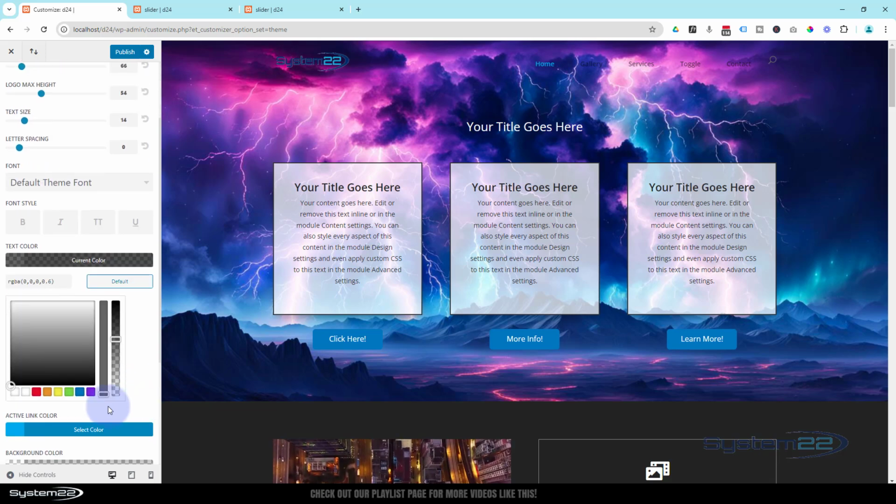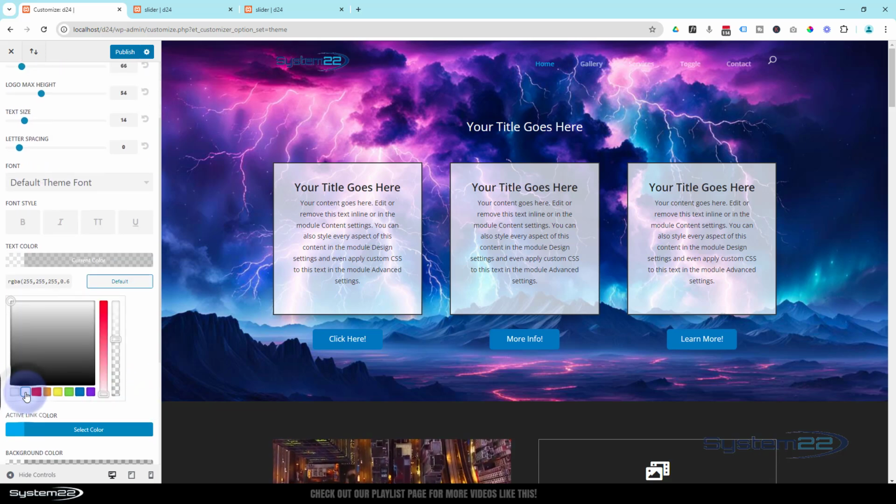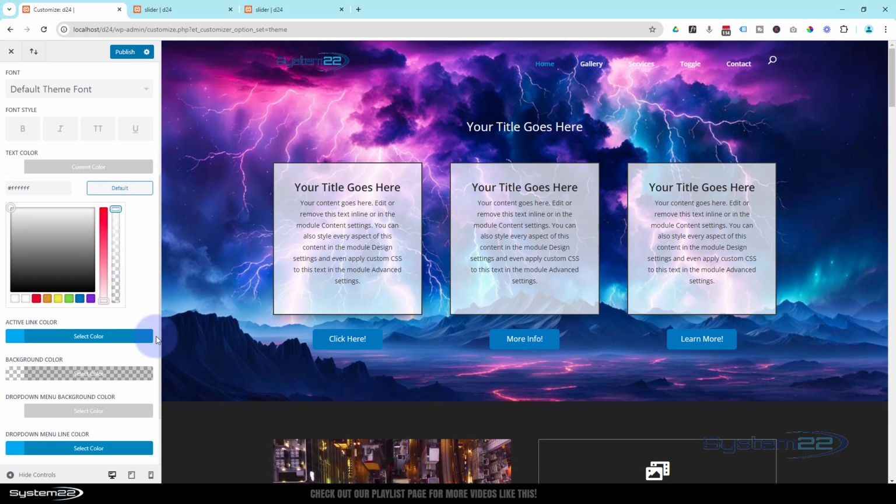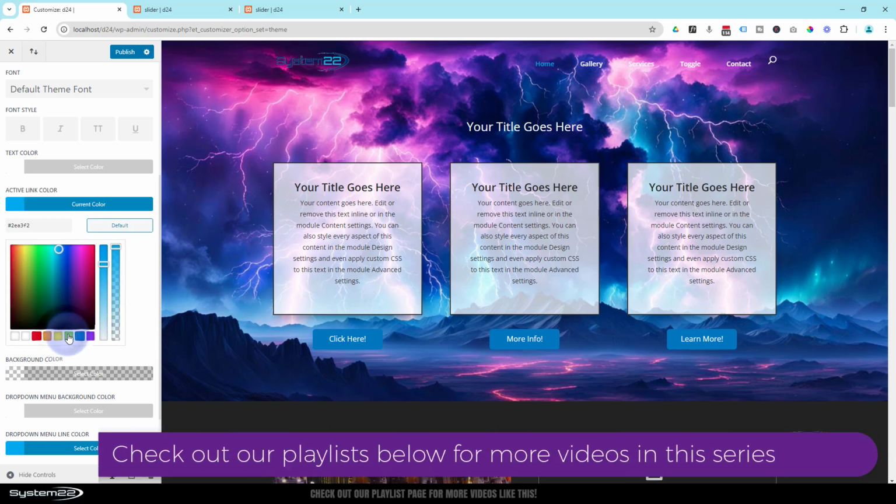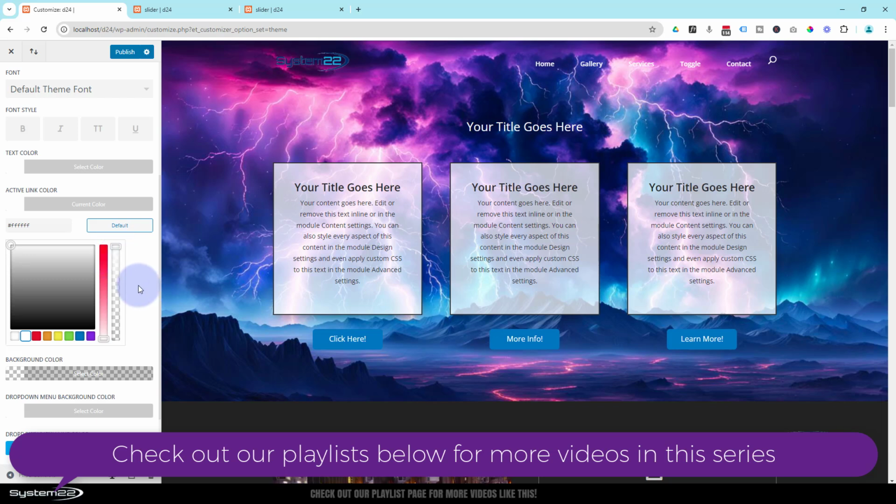I'm going to make my menu text full white, and again that's okay, but it's not a full white. To make it full, bring that opacity slider up all the way and you've got a full white color there. Now there's a blue one there, that's our active link, the actual page that we're on. I'm going to change that to a white also. Obviously make it whatever color you want and make sure that's up the top there if you want a full